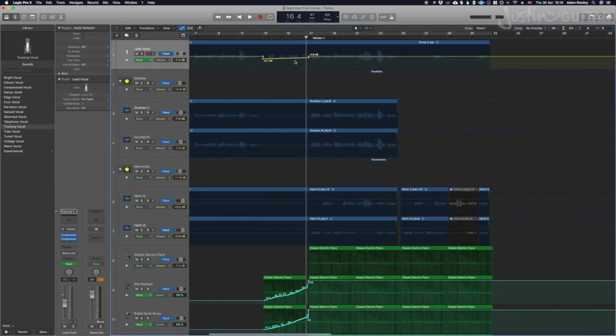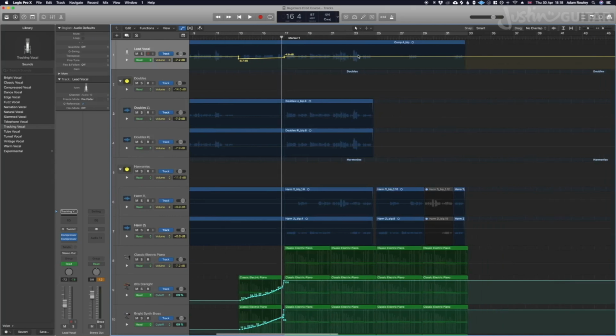We then said that the chorus, which is this section, was too quiet. So let's click on this line and drag it up by 2 dB. So we're on 4.9. Let's go to